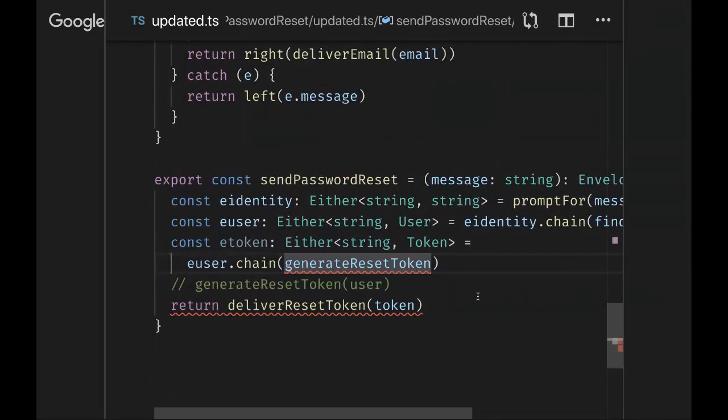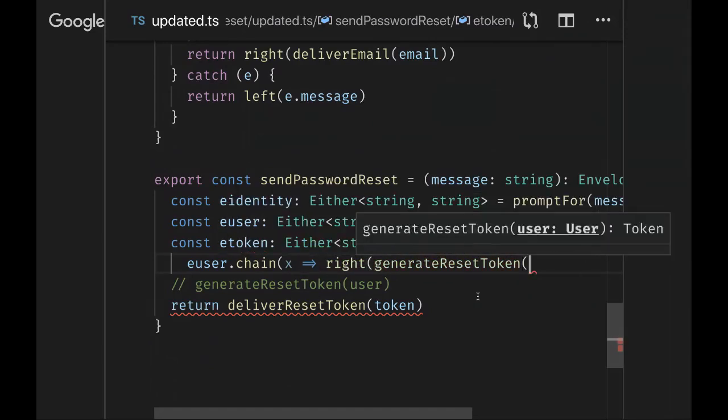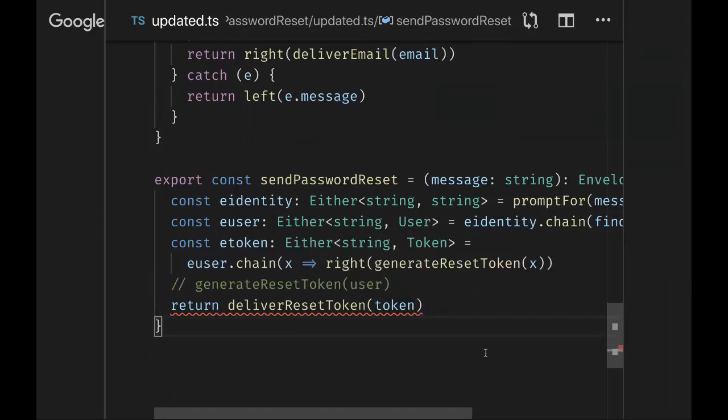You could change the definition, but I'll point out again and patch that up here. There are other ways to handle that, which we might look at in a moment. But for now, that's one way to take your flat baseline value and lift it up to an either type. And finally, I have my either error or token.